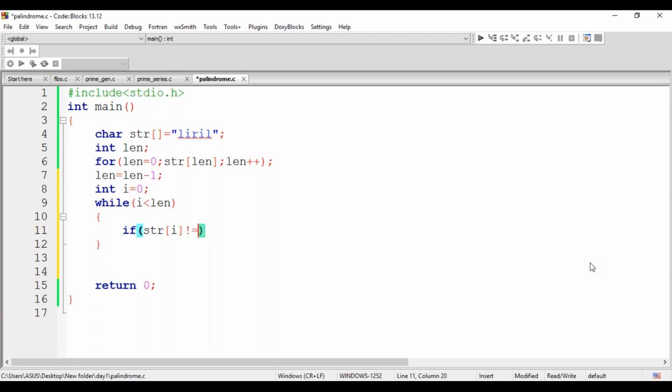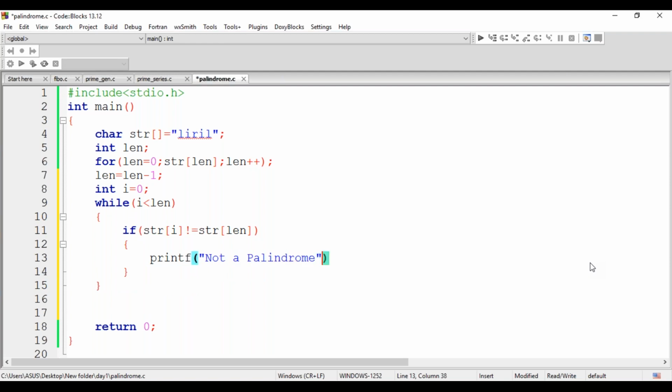When it is not equal to str of the element at the length, immediately you can just print not a palindrome, using printf, and you can come out of it by stating return 0 or breaking the loop. It's completely up to you. Return or break the loop.